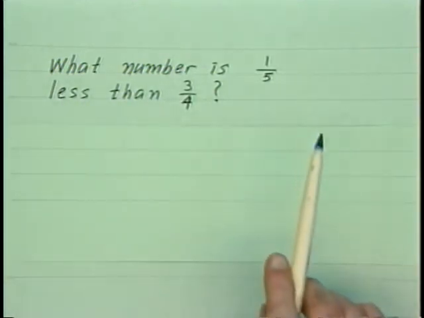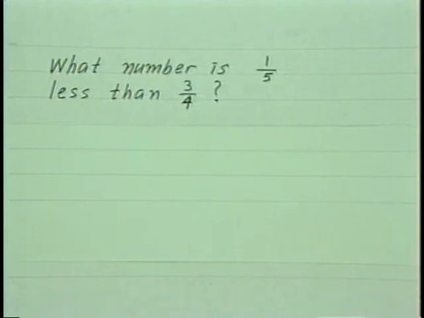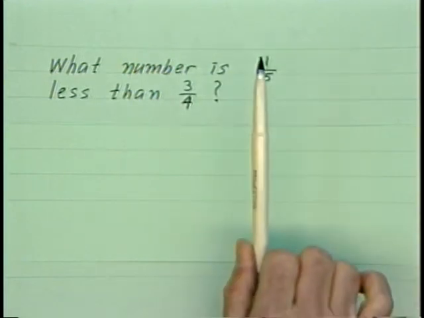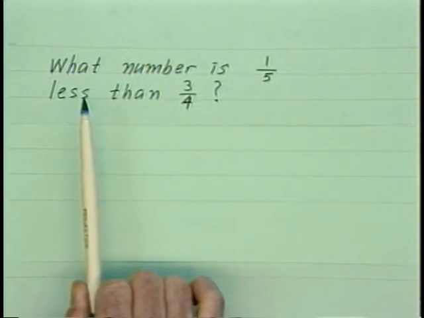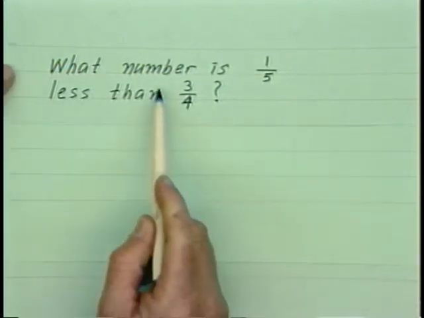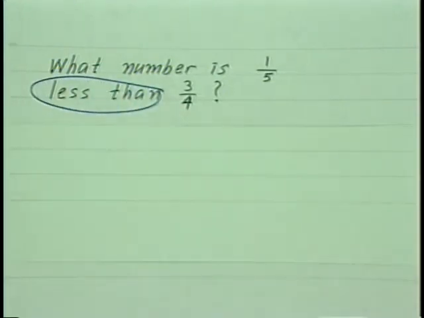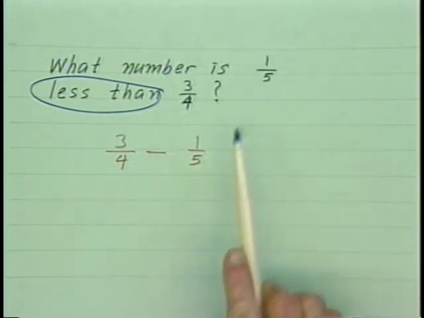This kind of verbalism, on the other hand, is not so common to the beginner. That is, what number is 1/5 less than 3/4? There is a tendency on some people's part to want to say 1/5 minus 3/4 because they think the word less means subtract. But what we're dealing with here is not the word less, but less than. And you simply have to learn as a language fact that less than used in this form means that the first number, as with the last problem, will be written